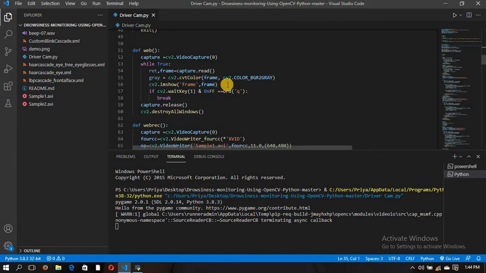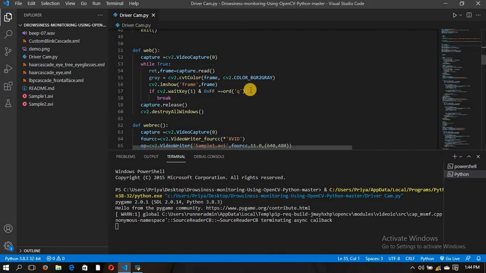Then we have to show the result using the imshow function. Then if cv2.waitKey(1) & 0xFF equal to ord('q'). Here the Q button is set as the quit button.